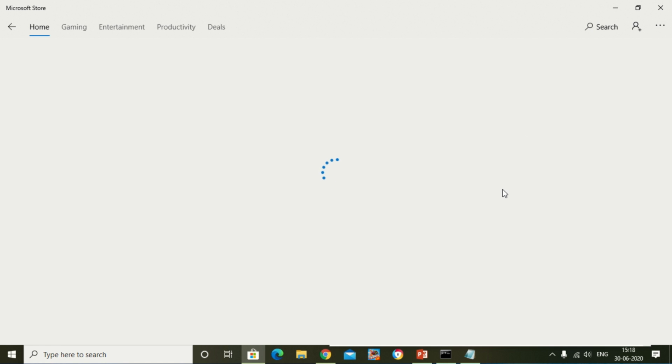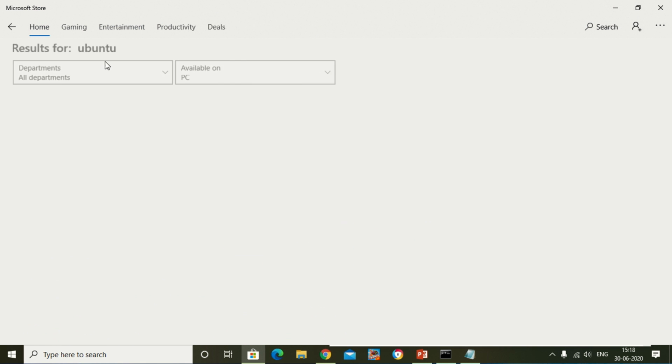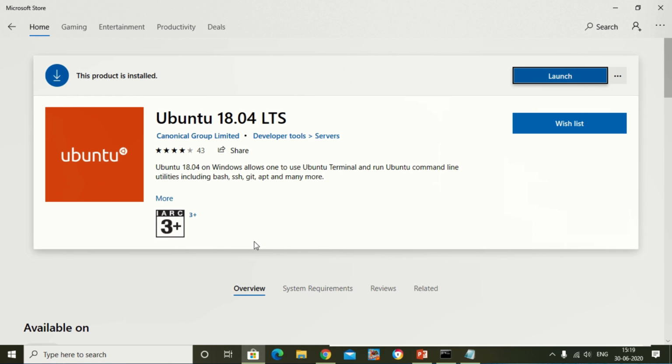You will have all these three, and the moment you want to install one of them, you can click it, go to further tabs, and you will have an option called Get. When you press Get, it will be installed. That's all. The process of installation is very simple, but when you launch it, it won't launch because we have got some other work to be done for it to work.